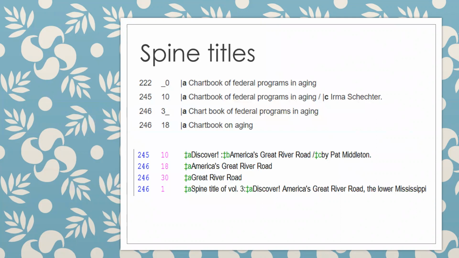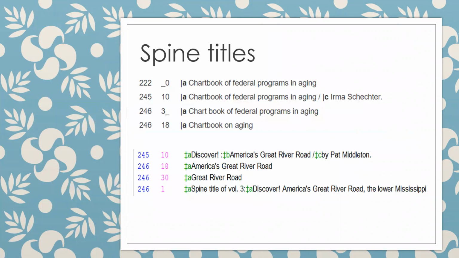So for the second example, we've got Discover America's Great River Road. That was what was on the spine. So in the 246 18, we have America's Great River Road, which appeared on the spine, and the first indicator 1